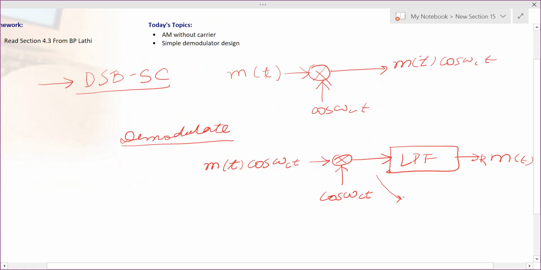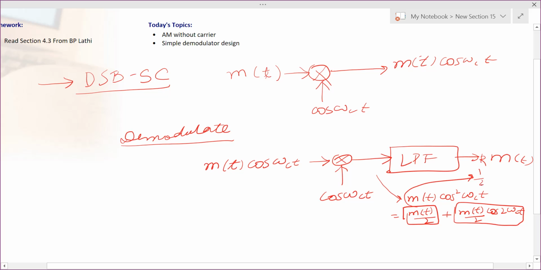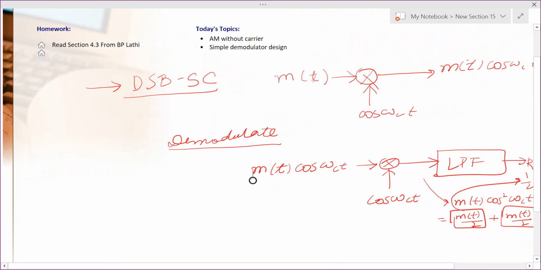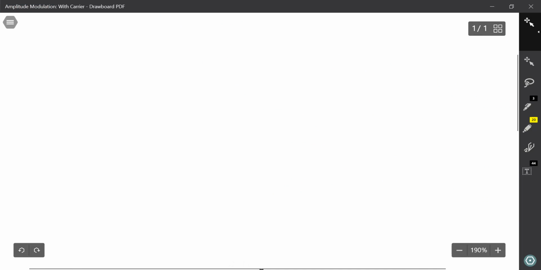So the output before the filter is m of t cos square omega ct, which can be written as m of t by 2 plus m of t by 2 cos 2 omega ct. So this signal is a low pass signal and this is a high frequency signal. When you pass it through the low pass filter, you will get here half m of t. Half is just a constant, doesn't matter. So the moral of the story is, for DSBSC demodulation,